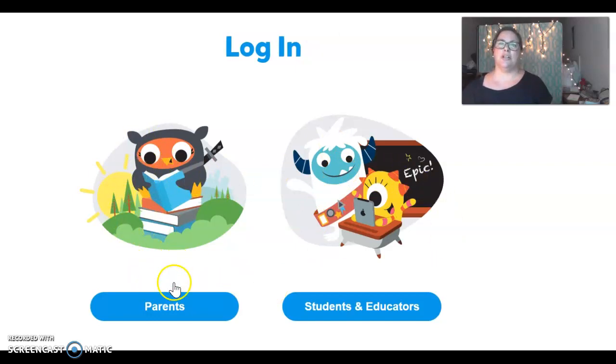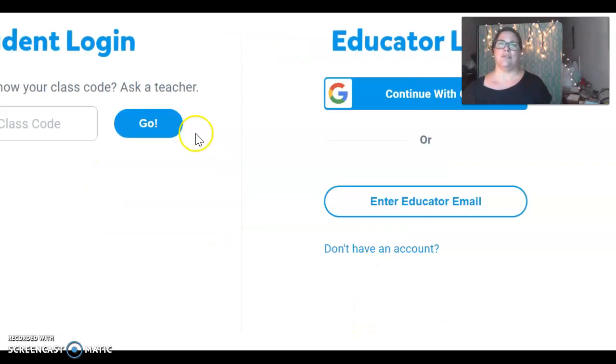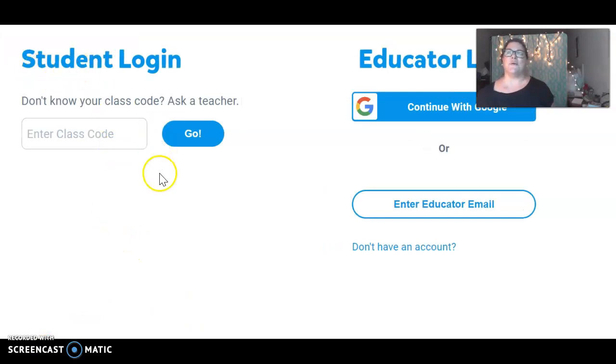Now, this first part is for parents, which you are not, so don't click on that. You're going to click where it says students and educators. See how there's a person on a desk? It's like a student. Oh, and let's see, let me pause real quick. Sorry, guys. Okay, so when you click on that part that says students, you'll come here and you'll put in